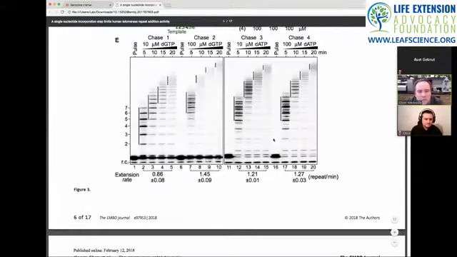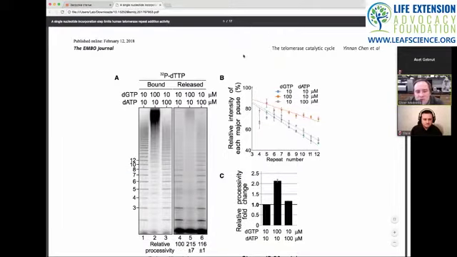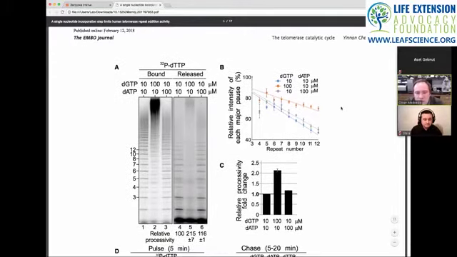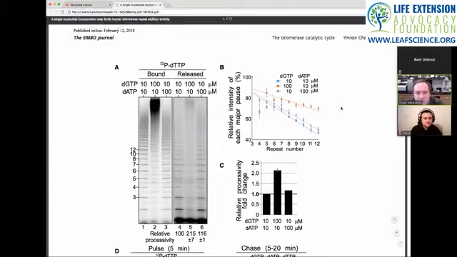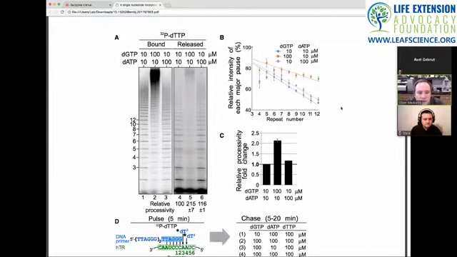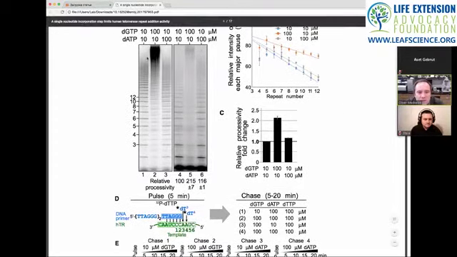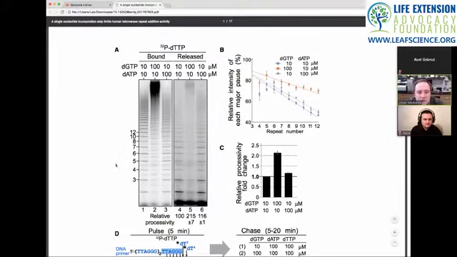Figure 3. Okay, so this is where they start to characterize the other two functions I mentioned about telomerase, which is the processivity and the rate, right? So how far does the enzyme go before it falls off, and how fast does it go? And they analyzed the processivity using this assay with the substrate on beads, or actually it may have been the enzyme that was bound to beads. And it was basically a pull-down assay, right? So essentially,